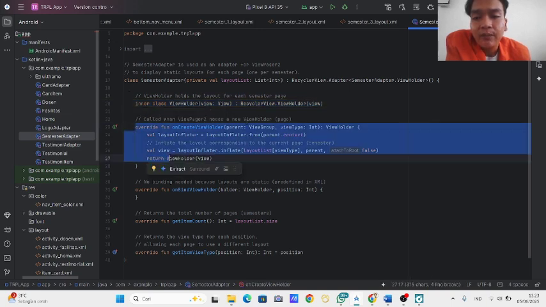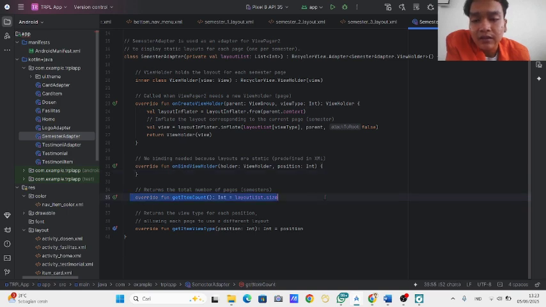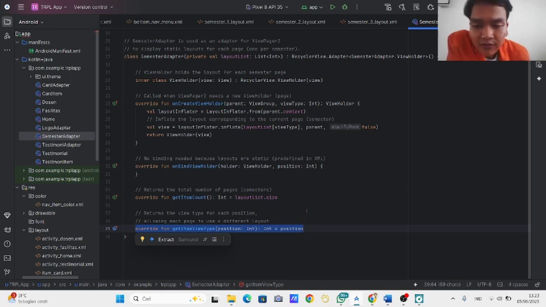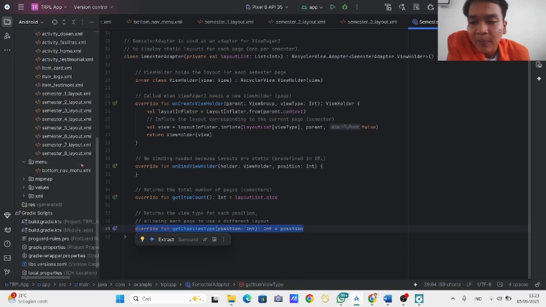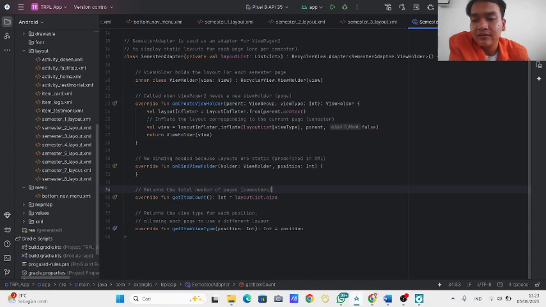When view pager 2 needs a new view holder page, it is created, but no binding is needed because the layouts are static. Then it returns the total number of pages. The last code allows each page to use a different layout. Okay.